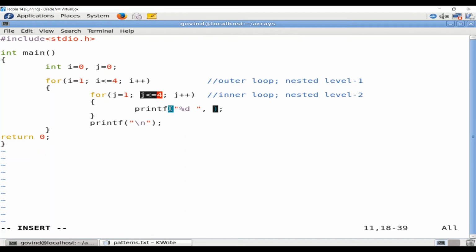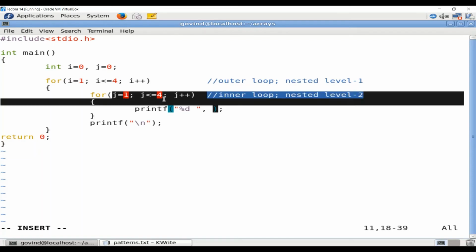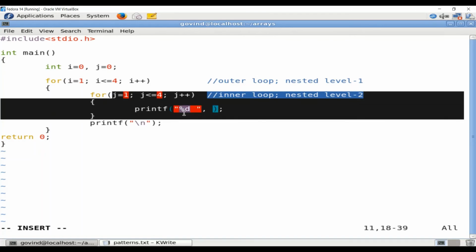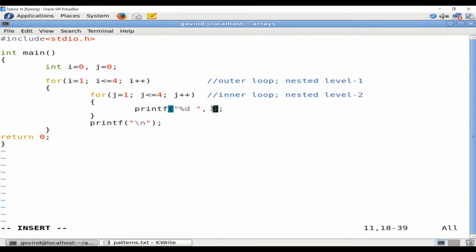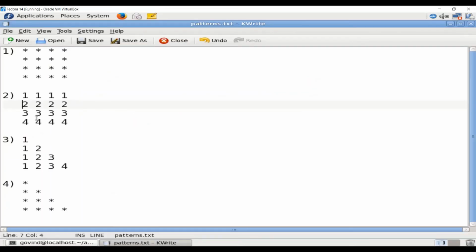Prints again, followed by j becomes 3, 3 less than or equal to 4, true. 4 less than or equal to 4, true. 5 less than or equal to 4, false. Note that in each execution of the inner loop, which is 4 times, the value of i has remained the same, which is 1.